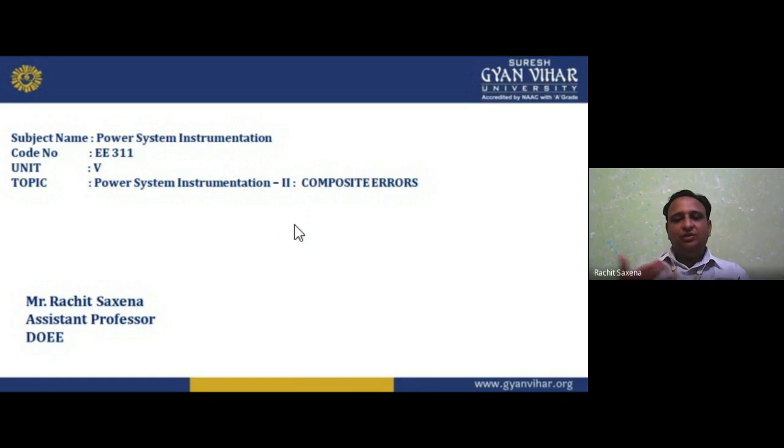Then in unit number 4, we have studied how we can measure the voltage. We can measure the voltage with the help of an analog or digital voltmeter. Analog has the full scale deflection pointer, deflecting torque, and controlling torque. Digital is totally based on electronic components, the solid state components. And we have the analog instruments.